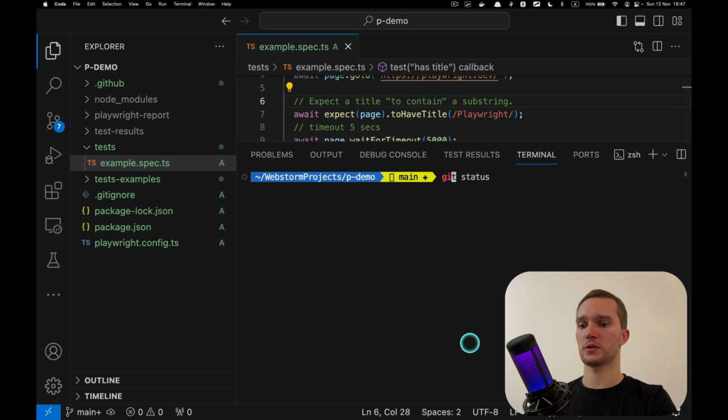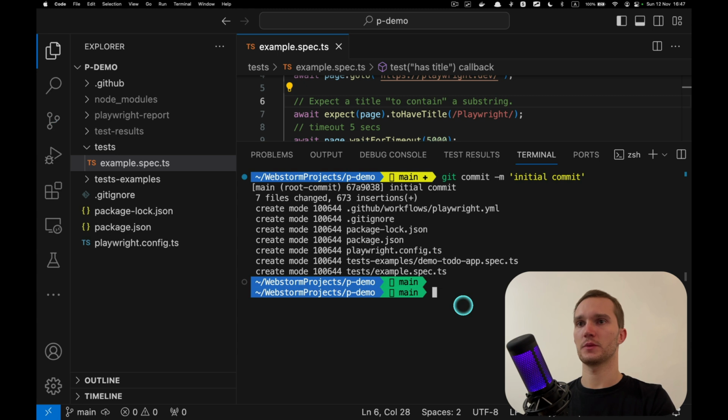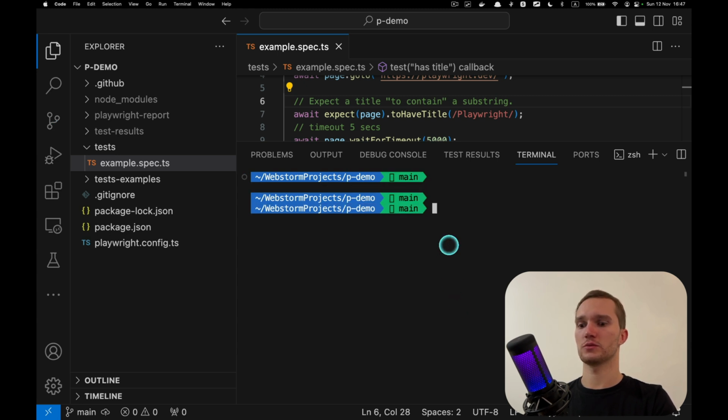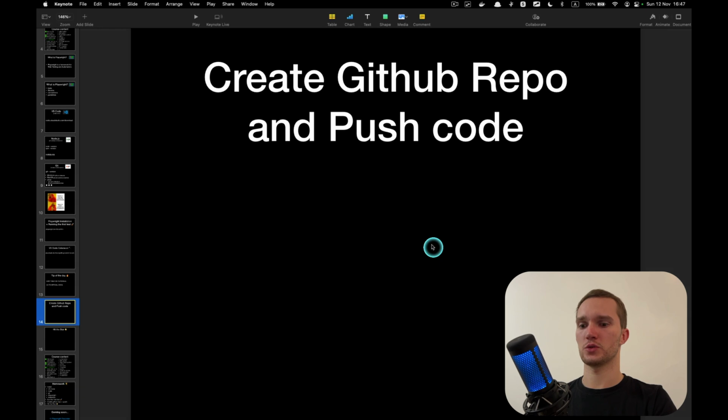And now I want to commit this. Git commit -m. Actually, -m would be enough this time. Initial commit. Boom. Okay, now let's check git status. Okay, nothing to commit on branch main, working tree clean. Now let's go to